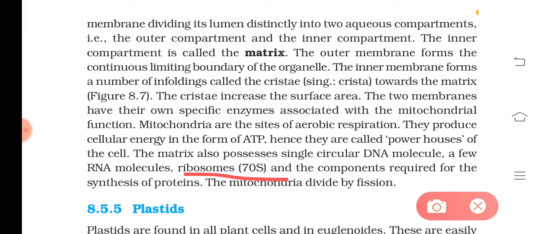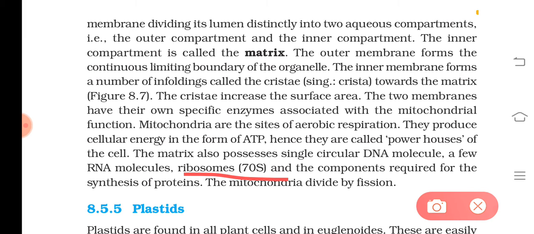And what is the major function of mitochondria? They are the site of aerobic respiration, isn't it? And the energy will be used to produce ATPs. ATPs are known as the energy currencies. When there is need of energy, our body uses ATP. The ATP molecules will be hydrolyzed. ATP is what actually? Adenosine triphosphate, isn't it? 3 phosphate molecules are attached to the adenosine.